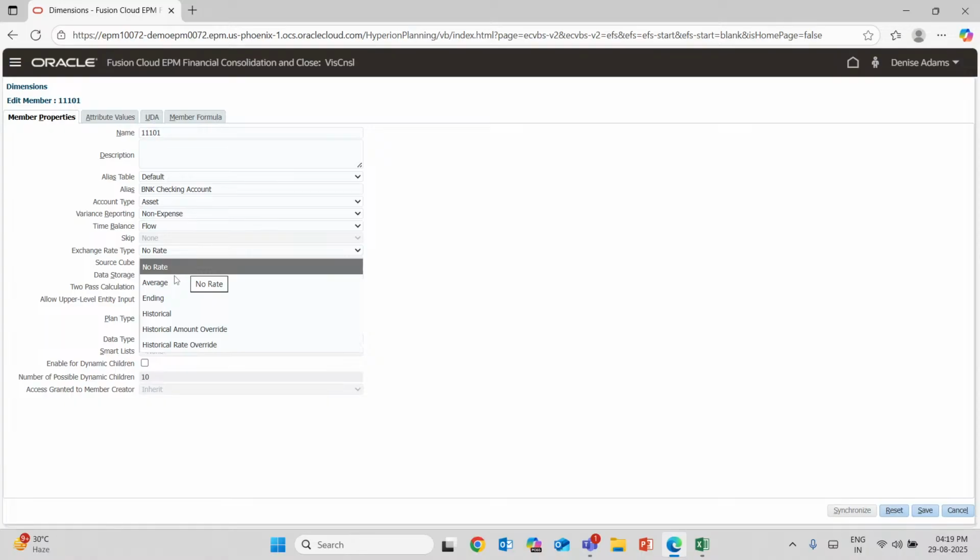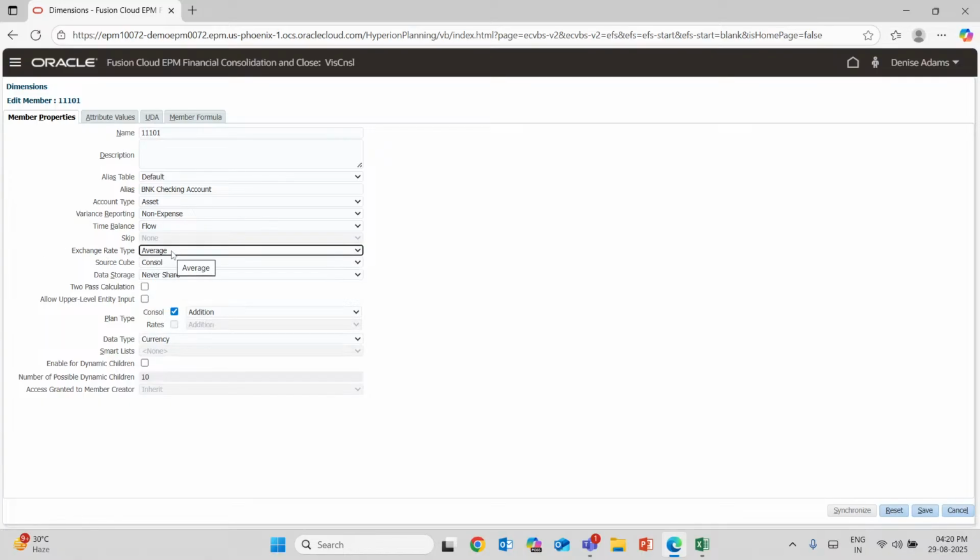So in average, again, average is basically the average rate. We are not going to average anything, like we are not going to do a plus b upon 2. So the rate would be provided, and if we have made average over the exchange rate type, this will be applicable for